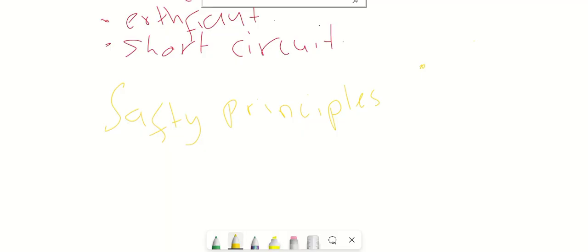The same applies to a live wire. It must be covered or insulated or made inaccessible so that we do not get an electrical shock. So live wires must be covered.